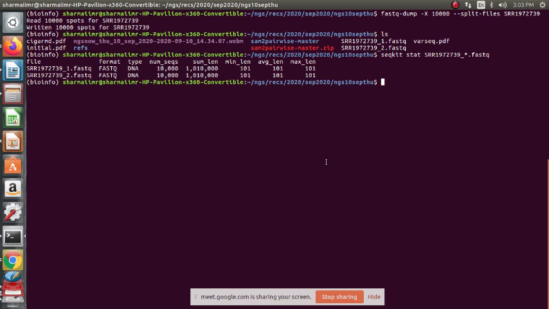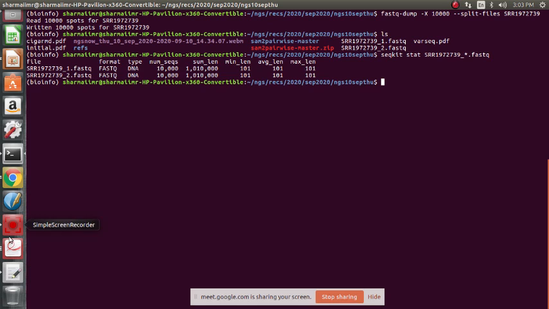Sum length, what is it? 1.01 MB. Yes, the product of number of sequences and average length is the sum length, right? Okay, so let us proceed.